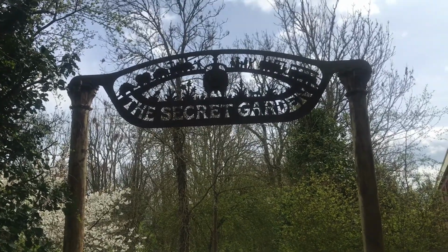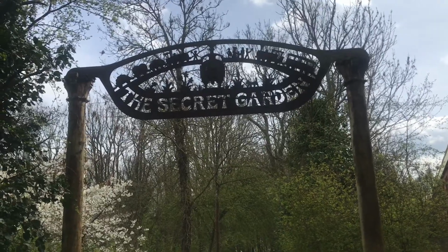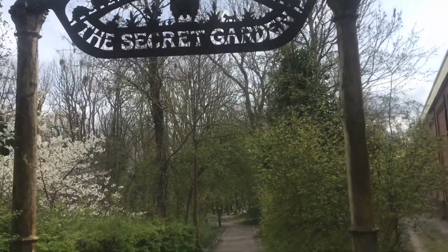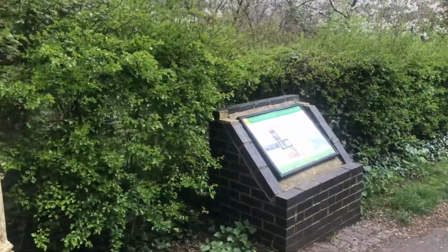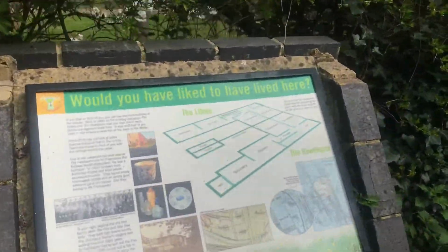Today I'm rambling on around Wolverton. Not really explored here before, so there'll be a lot that I don't talk about, but some things that have taken my interest. And this secret garden, which is just opposite the railway station, you can hear the train now,